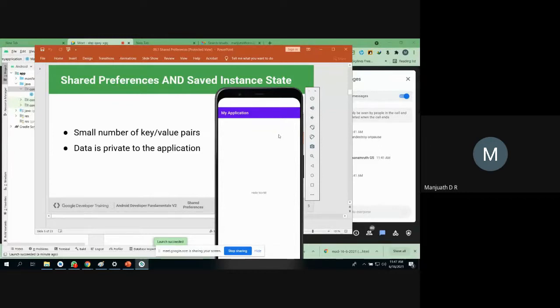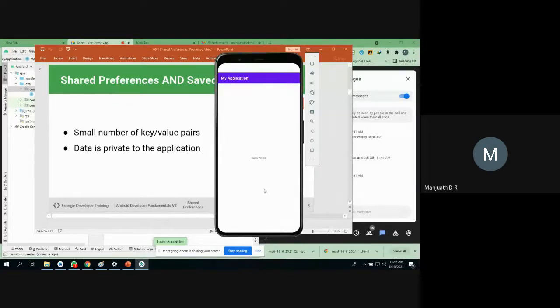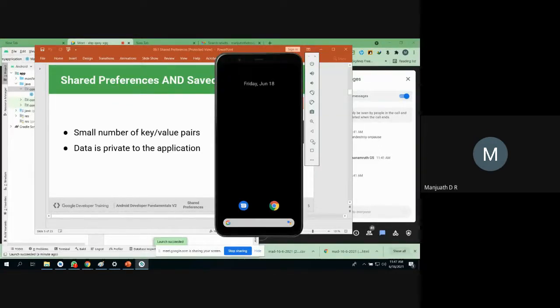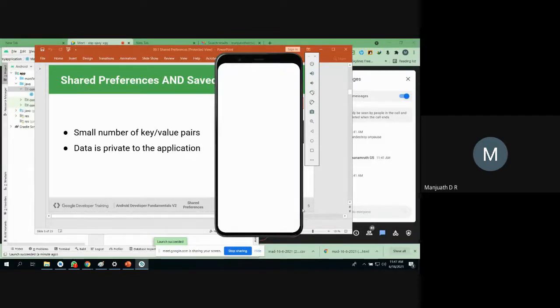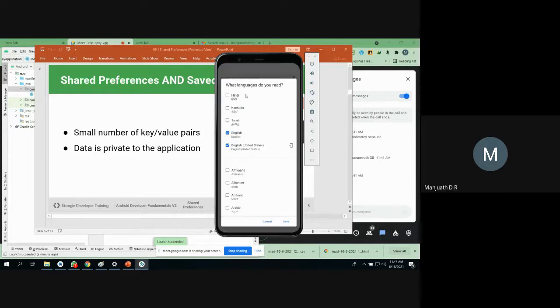Or something like if you are working in some forum. Okay, assume I have Google. What I do is I'm going to type some keyword here. Now I am saving the state here.